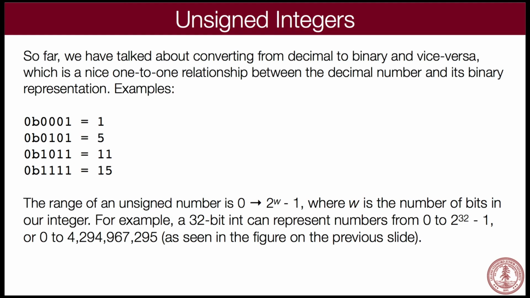You've got a range from 0 to 2 to the number of bits, minus 1. Why is it minus 1? Because you got that pesky 0 in there. For the unsigned chars, you've got 0 up to 255. Can't get that 256, even though that's 2 to the 8th, because 255 is the last one if you start from 0. Count up from 0 to 255, there's your 256 different numbers.